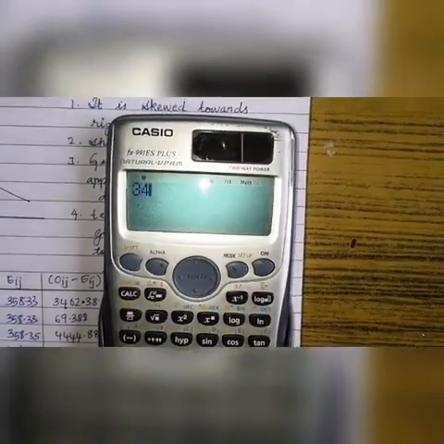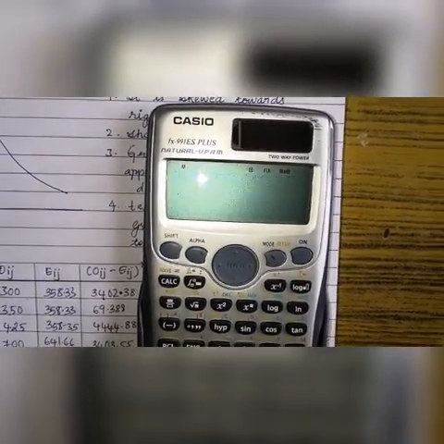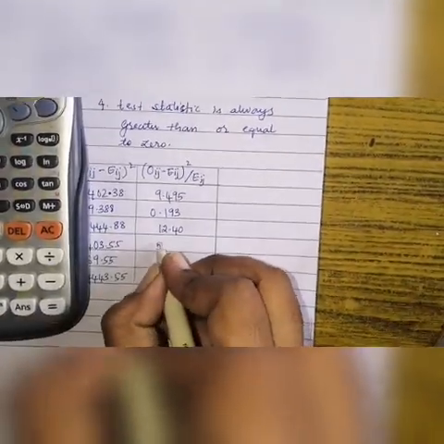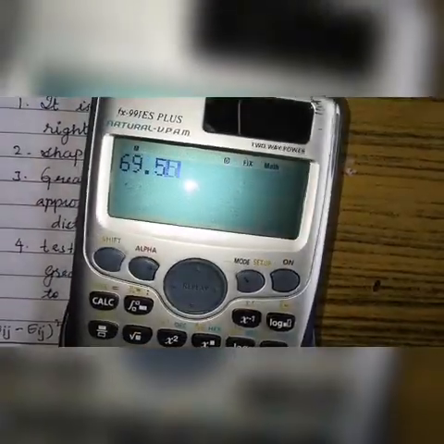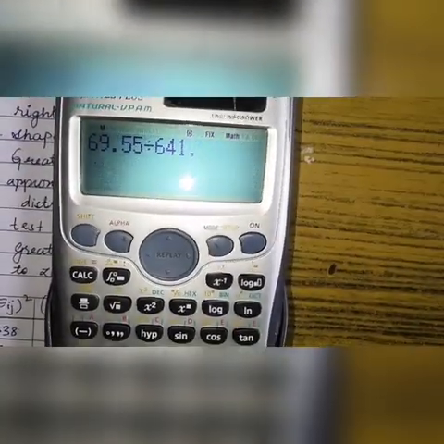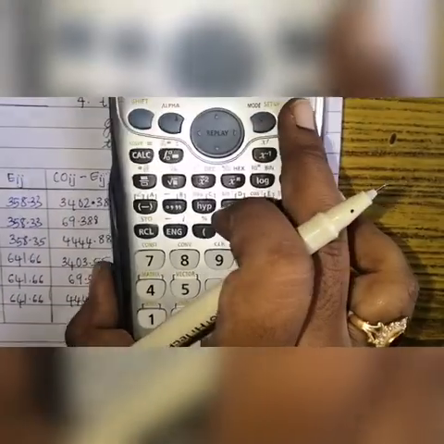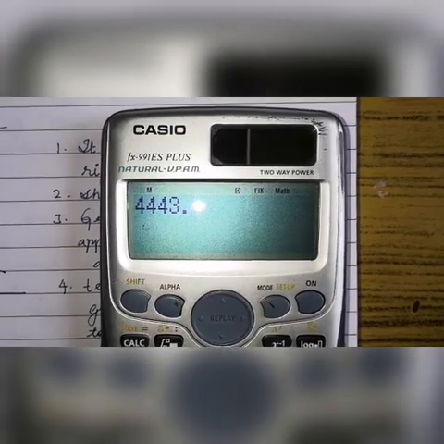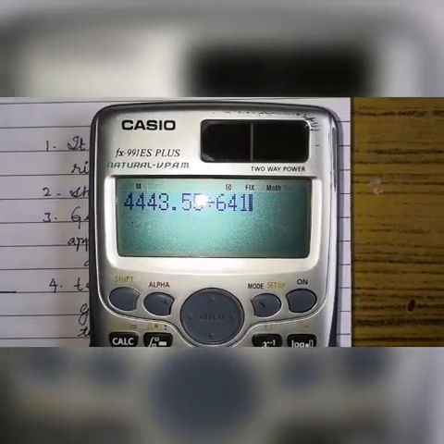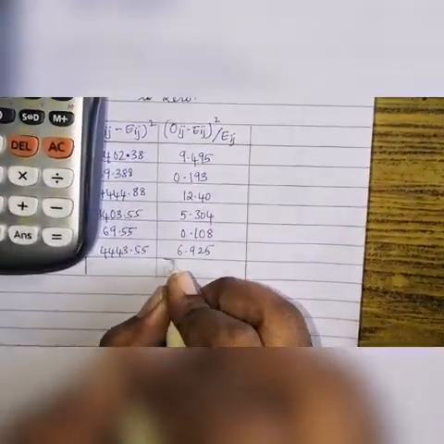Then 3403.55 divided by 641.66 is equal to 5.304. Now you have 69.55 divided by 641.66, which is equal to 0.108. Next, 4443.55 divided by 641.66, you'll get 6.925. Now the summation of all these will give us the actual value, which is